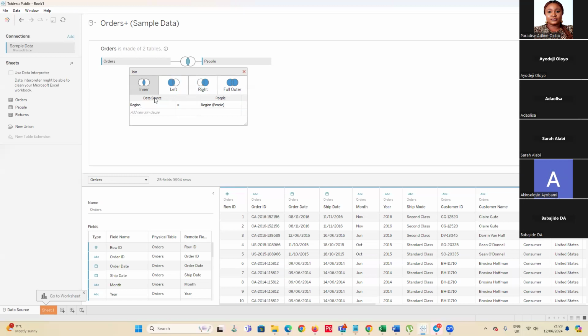So you can see now it's saying the data source. In other data source, this order is saying that there is region. Right? You see, it's asking you, region is the column, because Tableau is smart, it has gone to pick up the region. But just imagine that, let's say, for example,